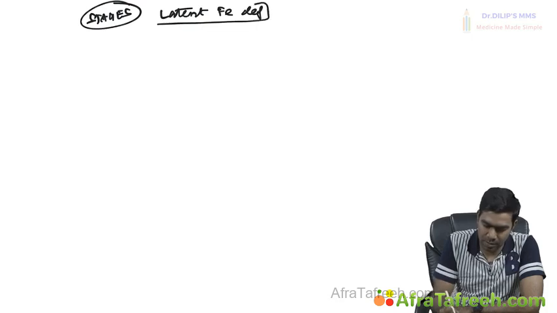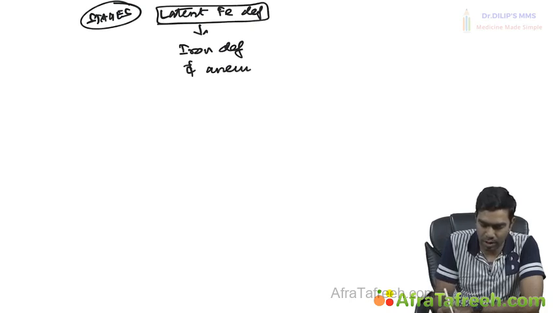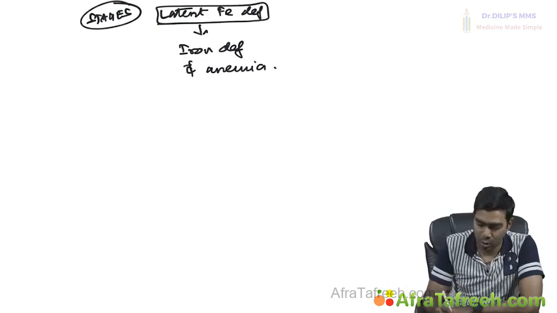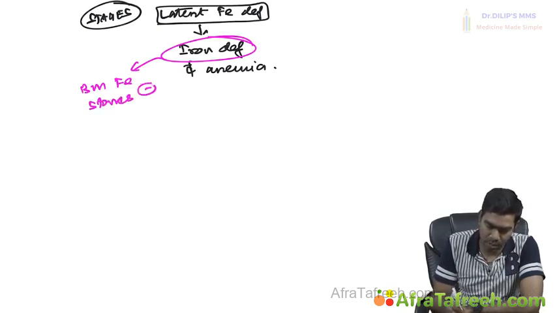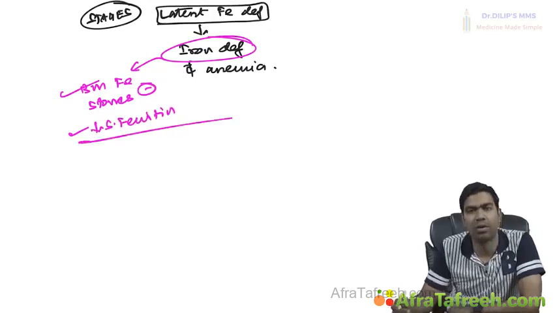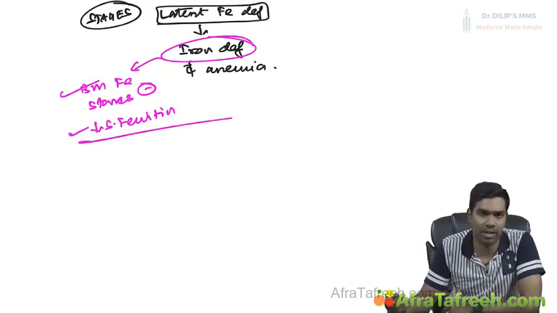Latent iron deficiency means this patient will have iron deficiency but without any clinical or laboratory anemia. You don't have any anemia. The only evidence of this iron deficiency will be that bone marrow iron stores will be lost, and the second evidence will be low serum ferritin. That's why I told you one of the earliest markers for iron deficiency is a decline in the serum ferritin or